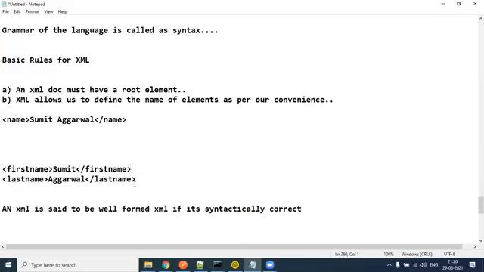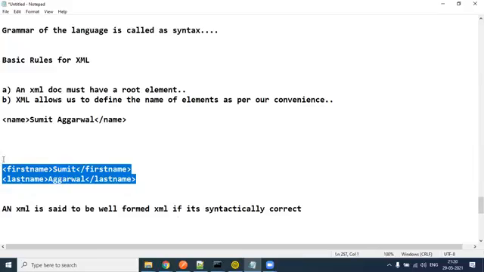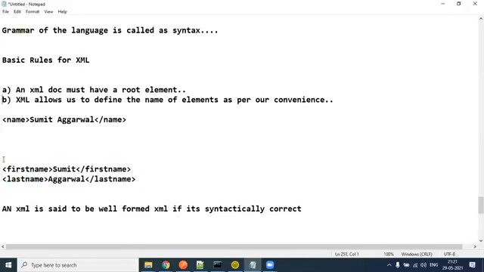And anytime if you're confused whether your XML is correct or not, you go to the web, you search for an XML validator, put your XML over there and just validate. That will tell you whether your XML is a legitimate XML or not. So what is the second rule? That XML allows you to define the name of elements as per your convenience. The third one is